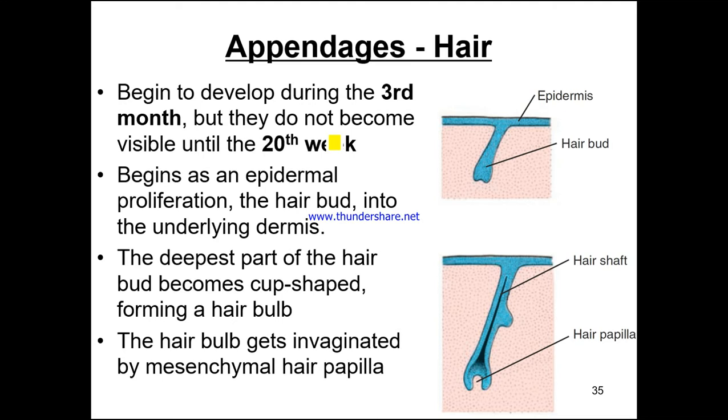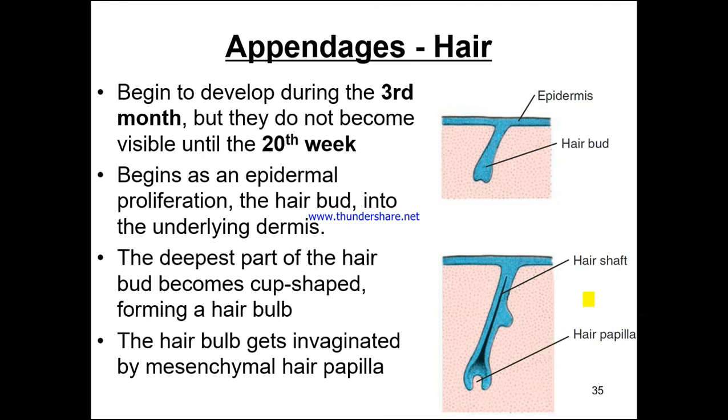Appendages of the skin: hair begins to develop during the 3rd month, but does not become visible until around the 20th week. It begins as an epidermal proliferation, the hair bud, into the underlying dermis. The deepest part of the hair bud becomes cup-shaped, forming a hair bulb, and the hair bulb gets invaginated by the mesenchymal hair papilla. So here we can see the epidermal ridge, the epidermal layer, the hair bulb, the beginning of